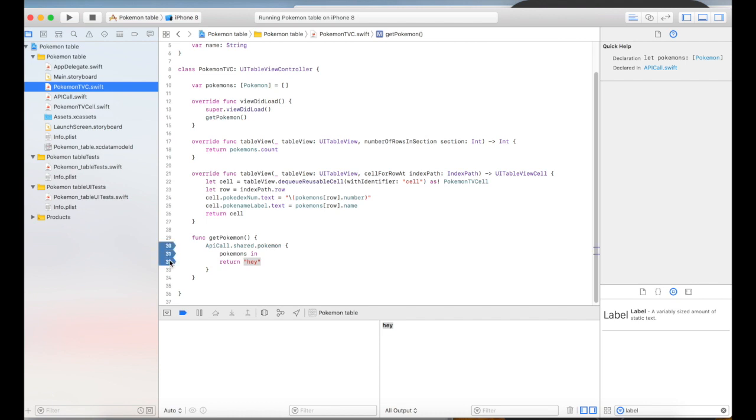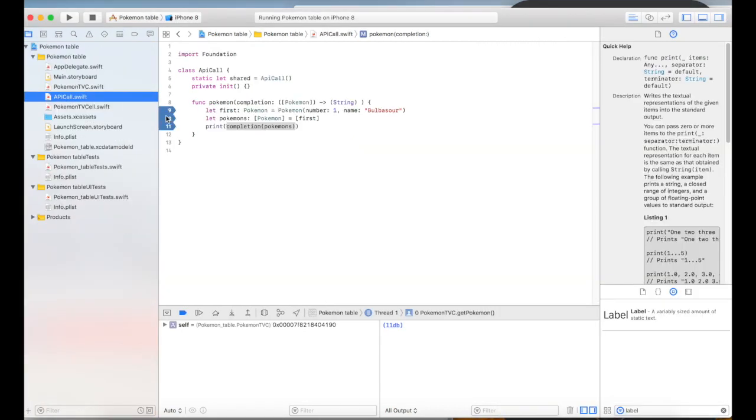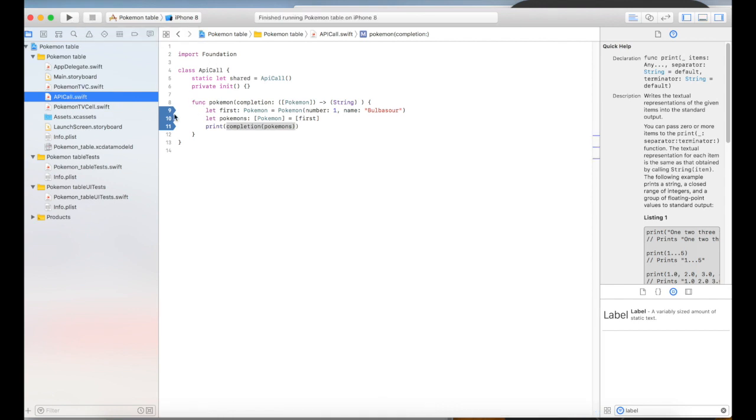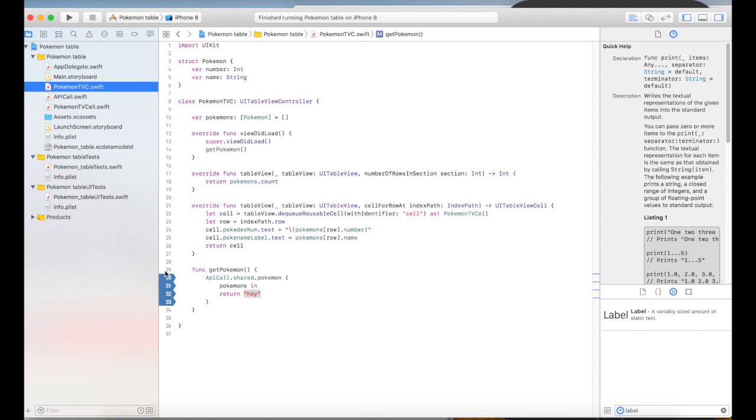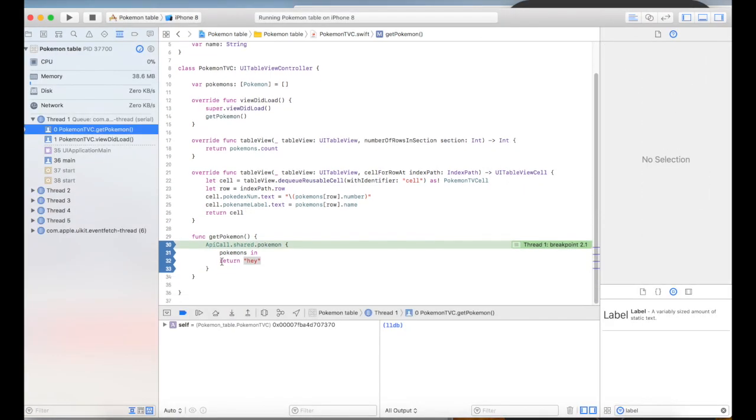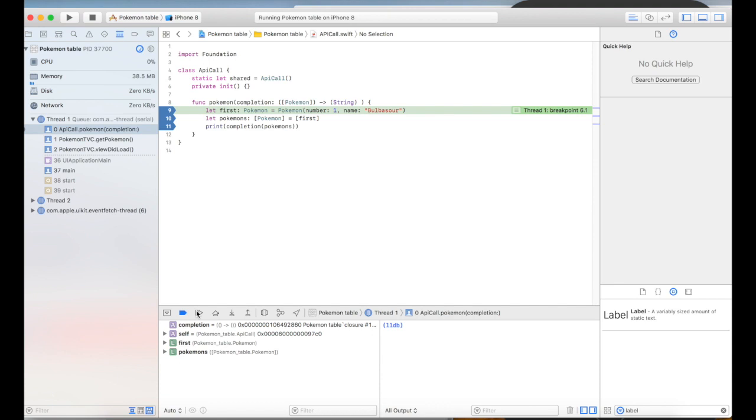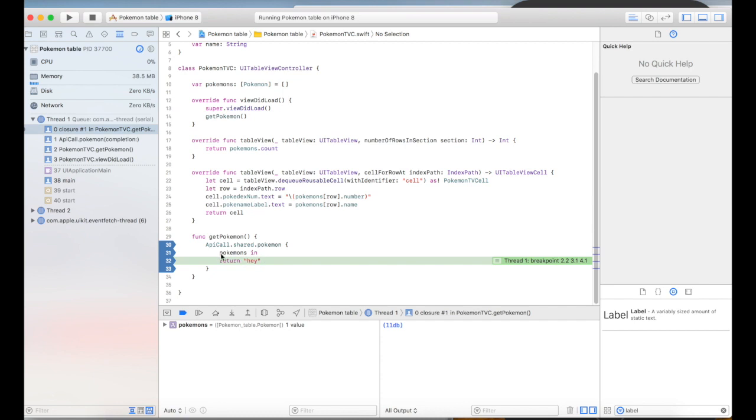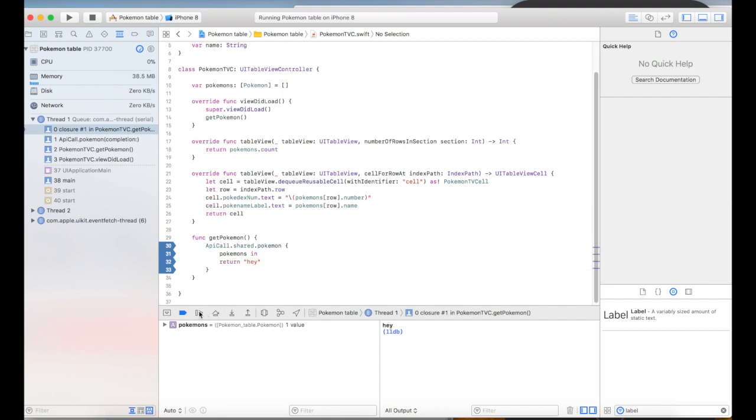I'll put some breaks so you can see the progression, and you'll notice that it steps through that accordingly. Okay, so I put a couple break statements in. Let's run it and I'll show you how it executes the closure. All right, so we're hitting the API call singleton, and it's just about to call the Pokemon function. It called the Pokemon function, and now it's executing the body. The first line it hits is let first, and then the next is this one, and then it hits this one, and then jumps over to our closure. And it just recognizes Pokemon in. And so it hits the return hey, and that's a statement that goes back